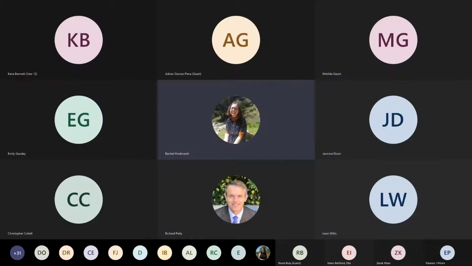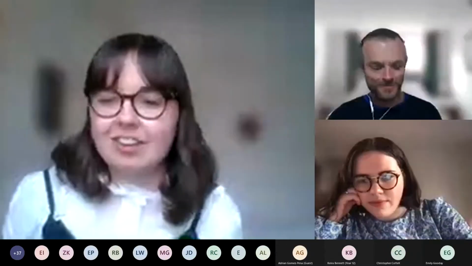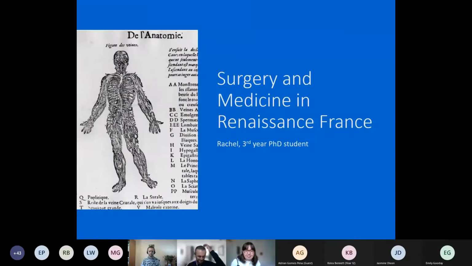France. So basically, I spend my time looking at lots of strange bodies, trying to understand the strange ways in which people in the 16th century understood these bodies and how they wrote about them in both medical tracts, but also in literary texts. So my work crosses all sorts of different boundaries between history and literature and medicine. So to introduce which surgeon in particular we'll be talking about today,